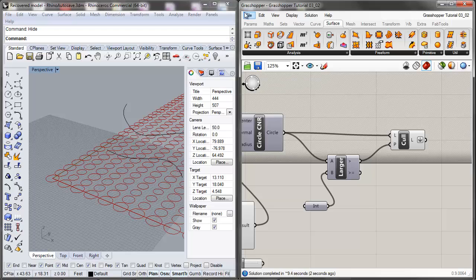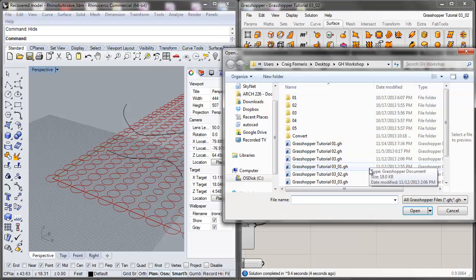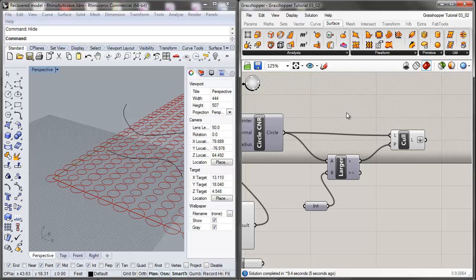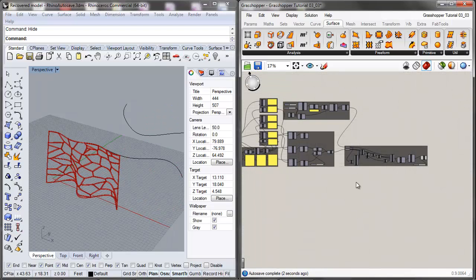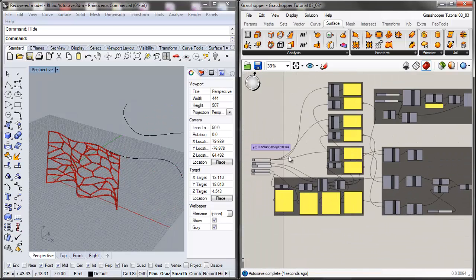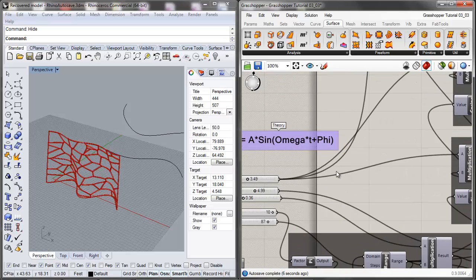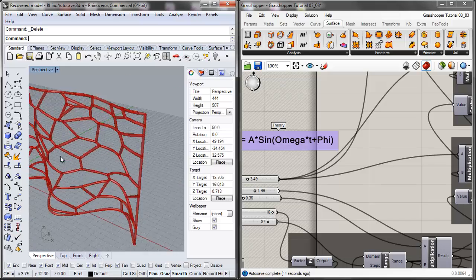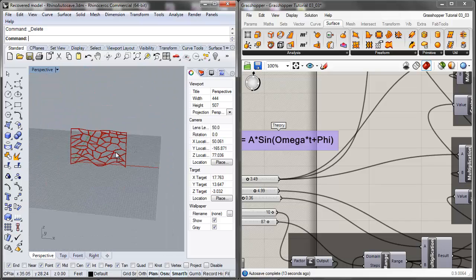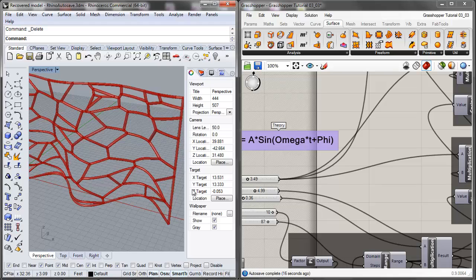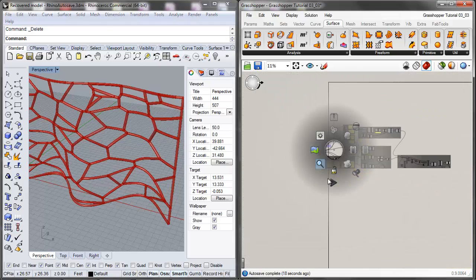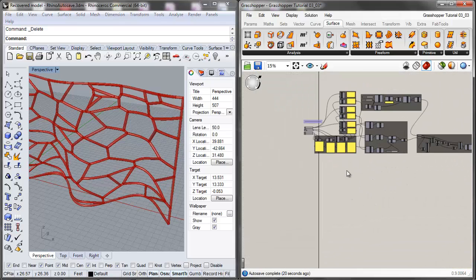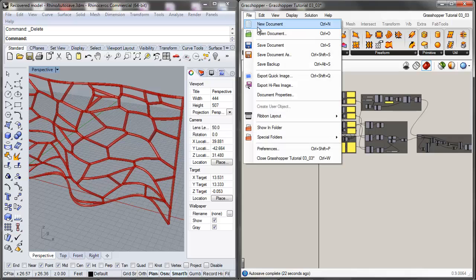Oh, yep, you are. So it's actually 03. If I open up 03, I've taken that same math surface, derived by sine and cosine. Delete that off. And what I can do is generate a Voronoi cell and map that to my surface. So how we do the mapping of a Voronoi, I'm going to do a new document